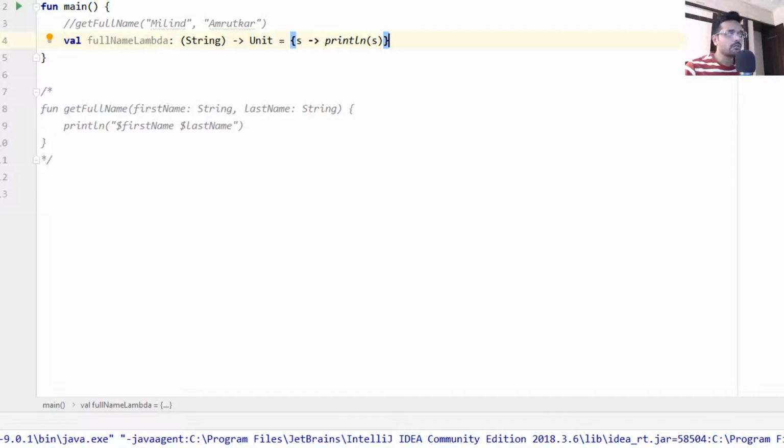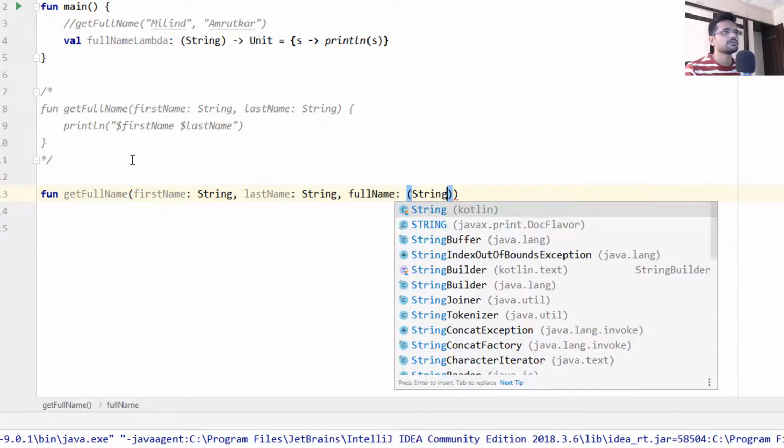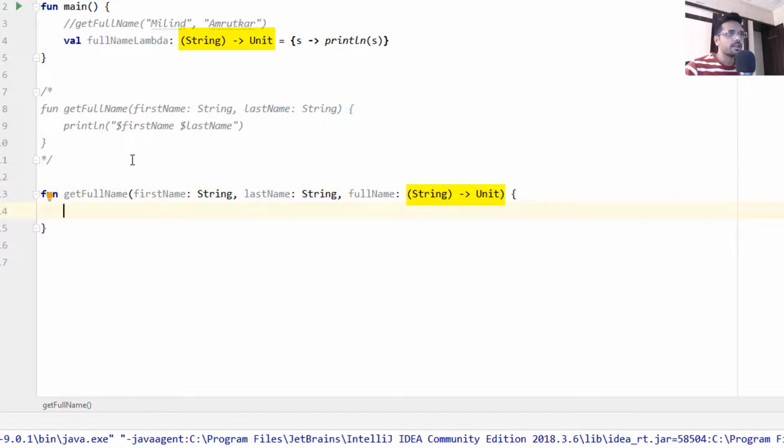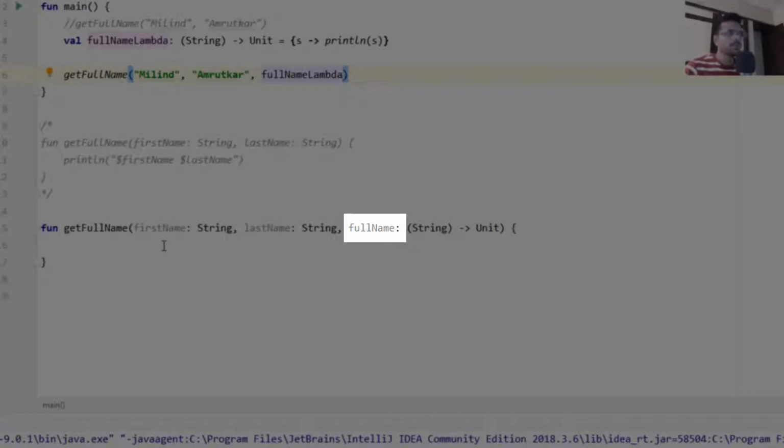Let's declare a higher order function which can take our lambda as an input. Here, as you can see, the third parameter has similar types declared to our lambda function. Now let's pass the lambda to our higher order function. And here we have our lambda in the variable full name.